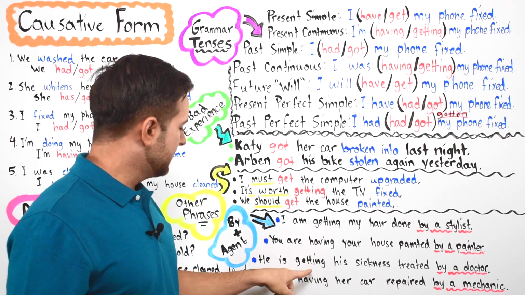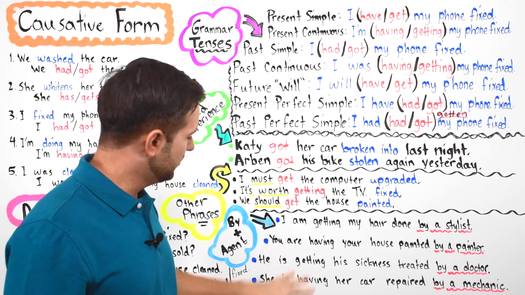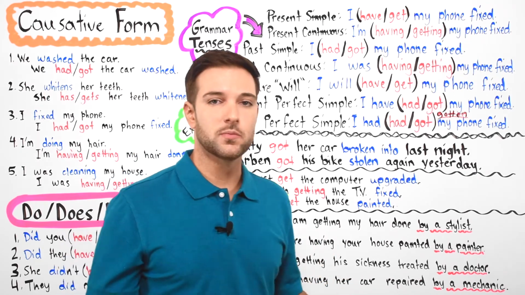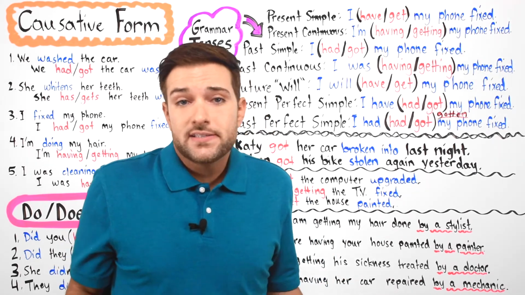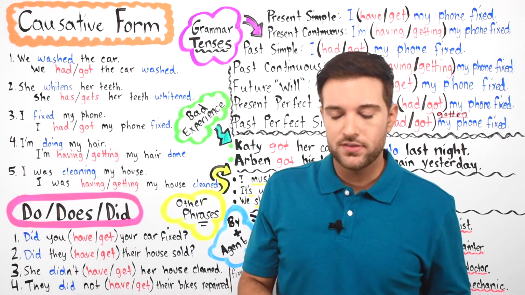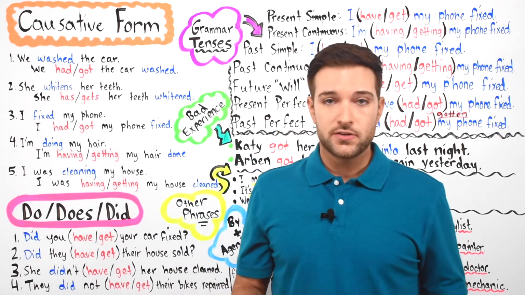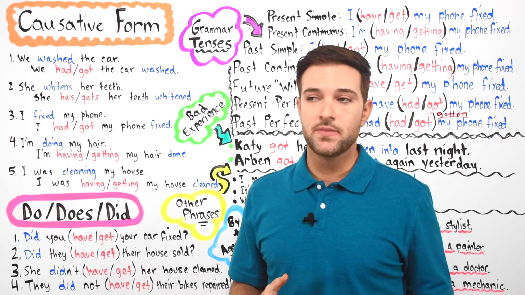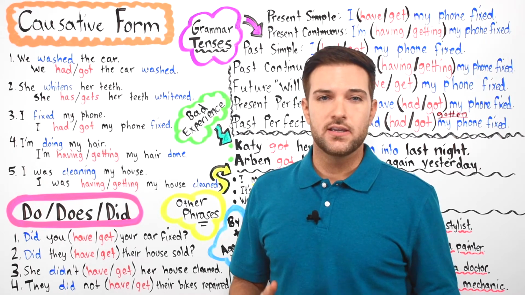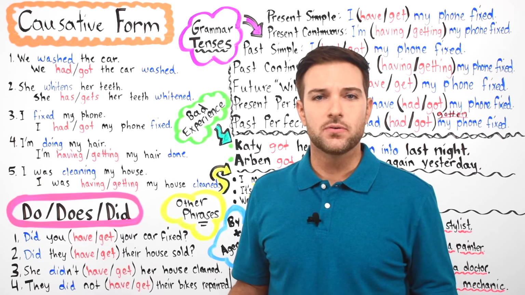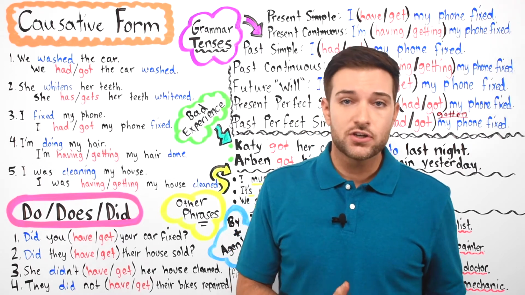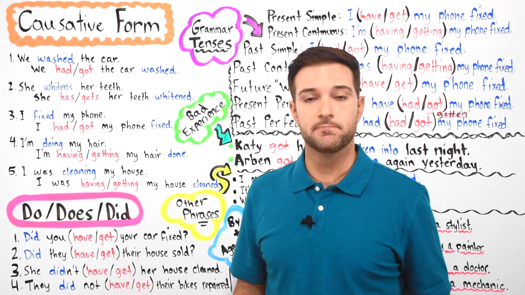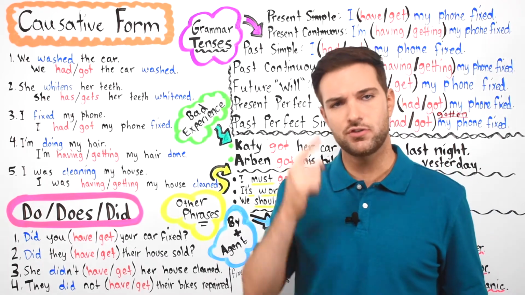We have getting, having, getting, having. Now you can switch these, remember. You can switch them however you want. It's your choice, okay? Remember, getting is more informal. We use it when we're speaking. So basically, guys, this is it for the lesson. Just one more thing. Don't forget the word order while using the causative form. For example, Maria had her teeth cleaned, okay, is different from Maria had cleaned her teeth, okay? Because Maria had her teeth cleaned by who? By a dentist. Maria had cleaned her teeth by who? By herself, by Maria. She had cleaned her teeth. Okay, so there's a little difference there. Just make sure you remember.